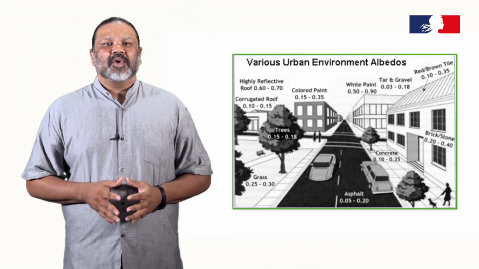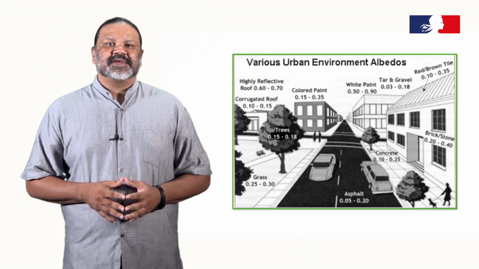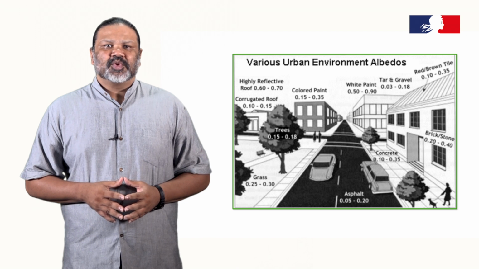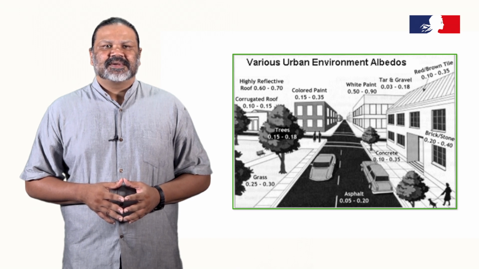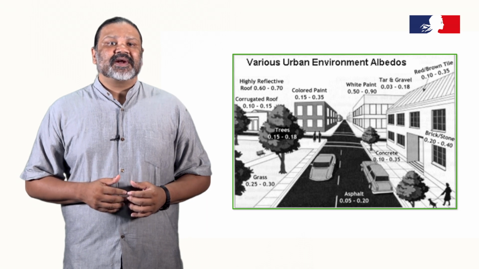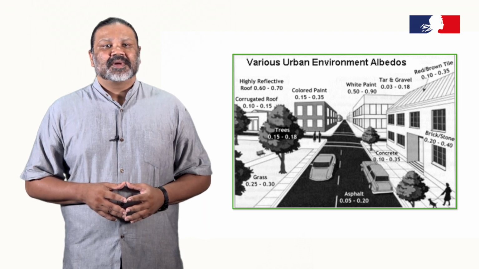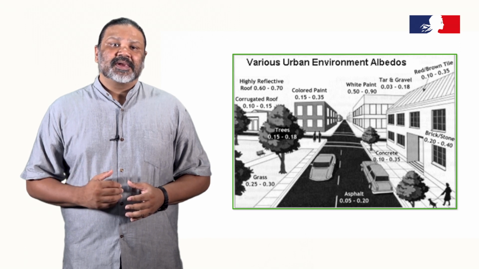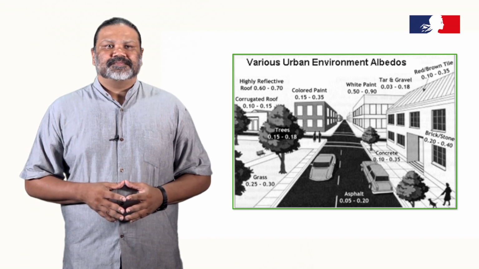In the typically low wind speeds prevalent in tropical cities, the effect of facade materials and their colors assume greater significance. The higher the albedo of the surface, the more sun that is reflected and less heat stored. The lower the albedo of the surface, the more sun that is absorbed and the more heat stored.